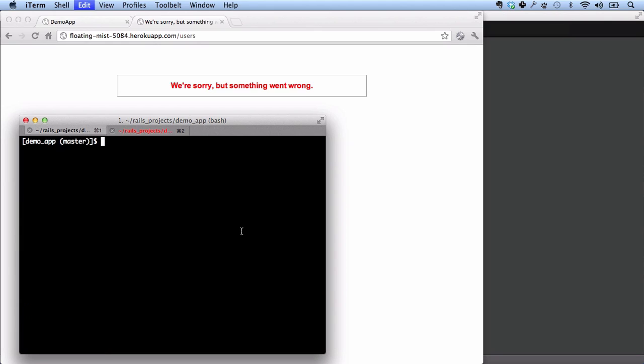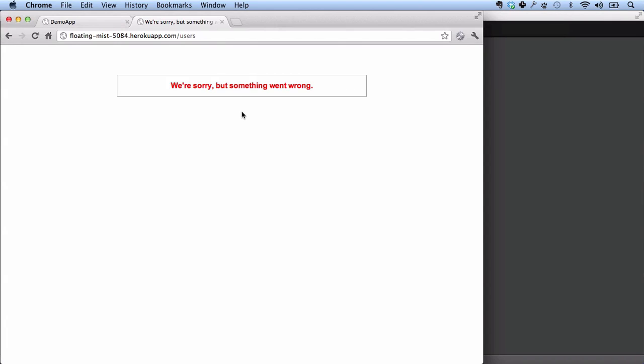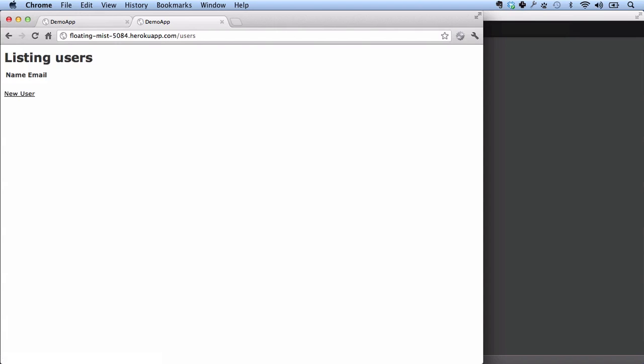as we can verify by going back to our browser. Let's take a look here and just reload this. And there we go. This is running on the live web. This is not on our local machine. This is at Floating Mist, in my case, floating-mist-5084.herokuapp.com. If you click on New User,